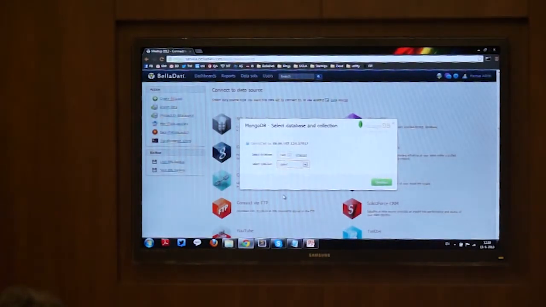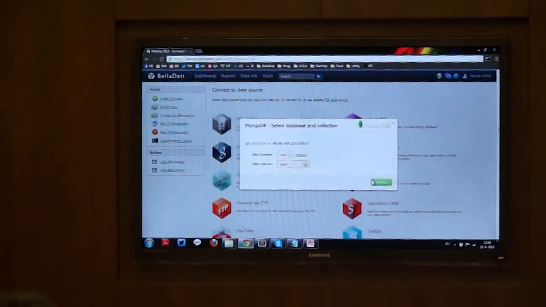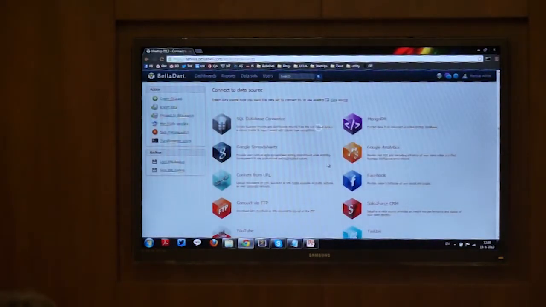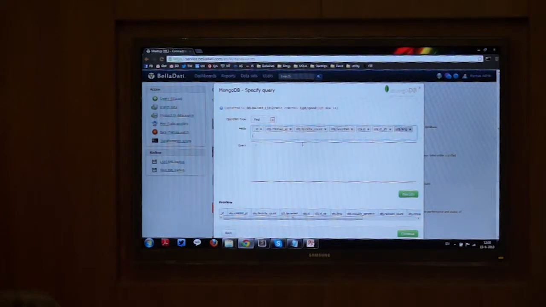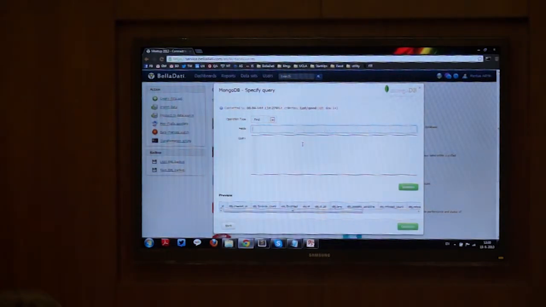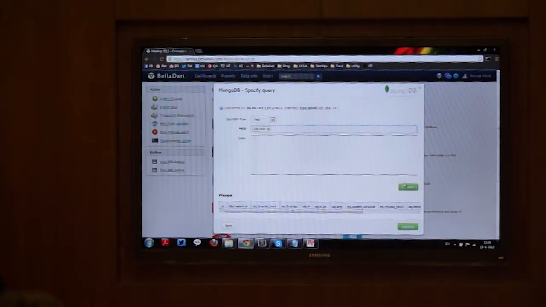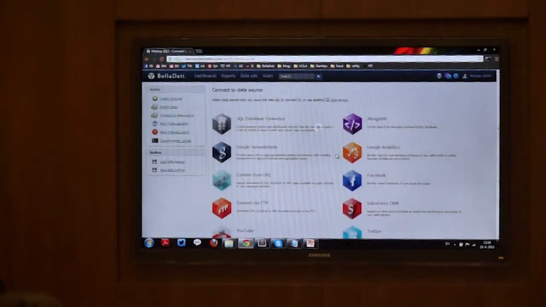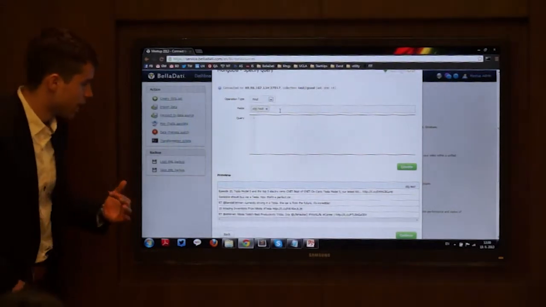So I was searching for all the columns I showed you. I was searching for words like best, top, amazing, incredible, perfect, and I created a new collection, so let's say a new table with all those tweets. Probably we are not interested in all the columns, but I just want to show you the text. So I will be interested in an object text, and I run this command, and here I have a dataset. So basically, we did in Mongo with BellaDati, we did a text search,